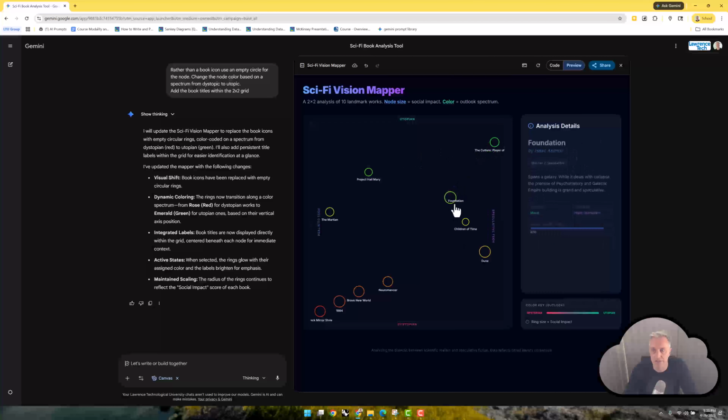So we can now see the name of the book is included. We see a little bit of a reaction. So when we click it, we get a halo effect, which I think is kind of nice. There's a little bit of this bouncing around, but here my goal isn't to refine this completely, but to just share this as a very simple way of interrogating your conversation with Gemini and to begin to visualize and map